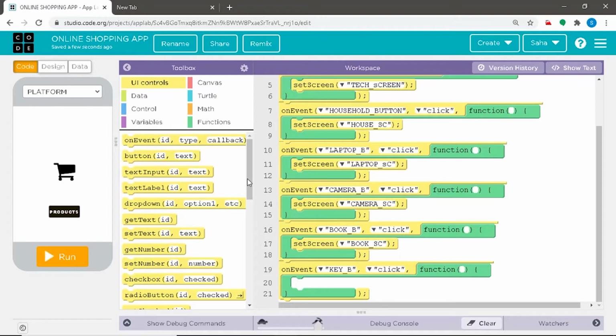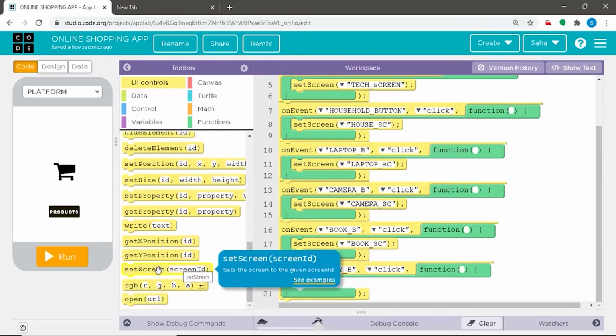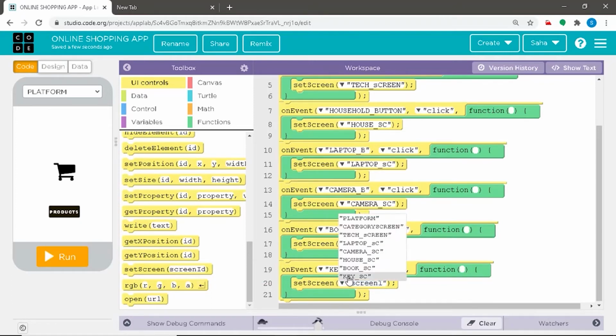So for this, we shall be again dragging the set screen command and choosing our screen to be key screen. As for now, we have defined the buttons product, technology, household, laptop, camera, book and key.